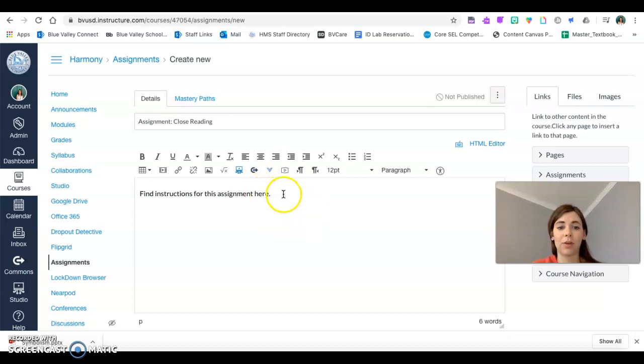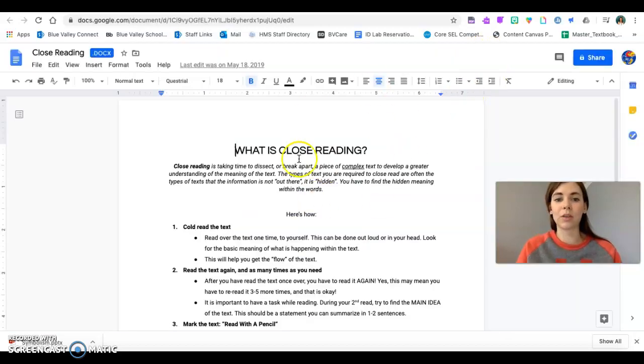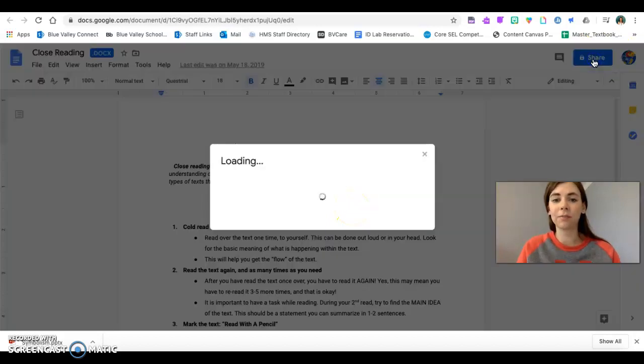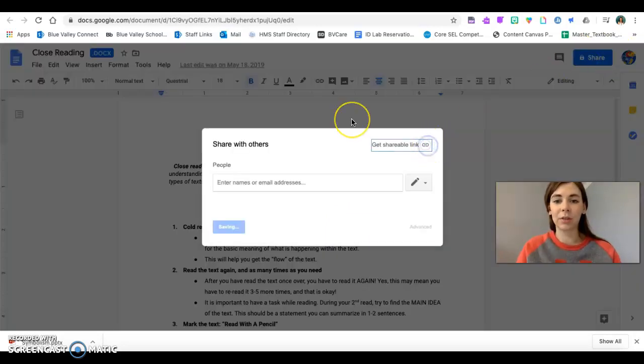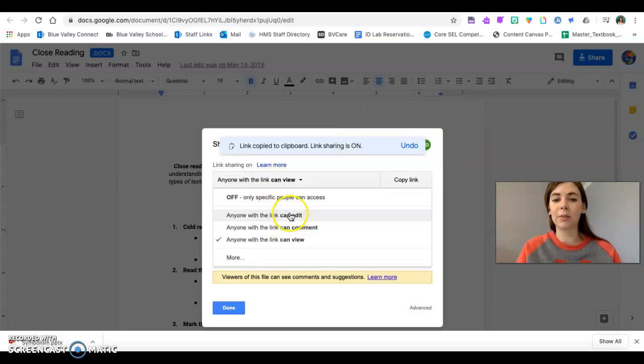And so once I have that typed, I select the word here or whatever word you want them to click on to take them to instructions, and then I click this little chain icon in my menu, link to URL, and then I go to my Google Doc that I want students to be able to access the instructions, and I'll click share, get shareable link,